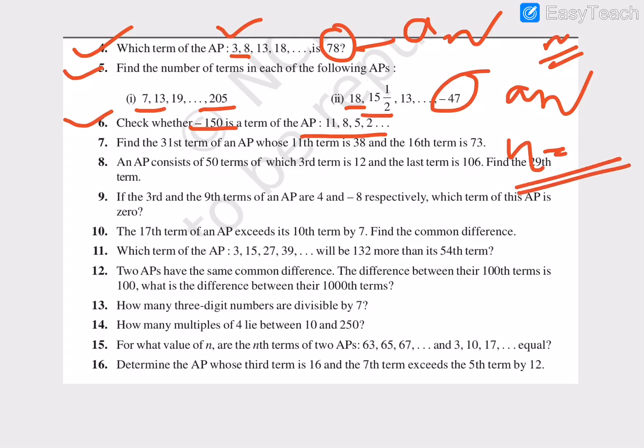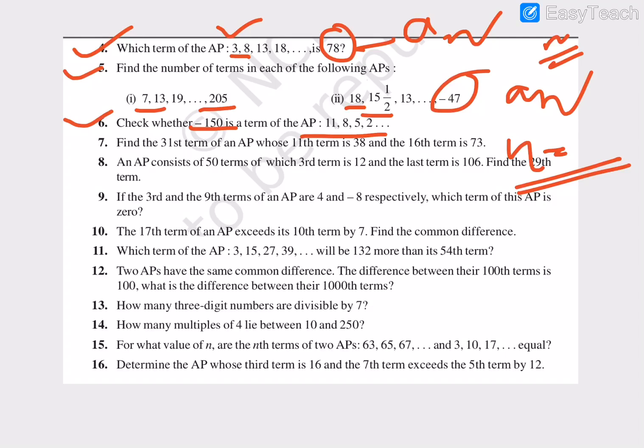If n comes in an integer value, a round figure, that is the 5th term or 6th term or 100th term or 200th term, any term, if it comes in a round figure, then we can say it is a term of this particular series. If it comes in a fraction, there is no meaning in a fraction. N is the number of the term. First term we can say, second term we can say, 50th term we can say.